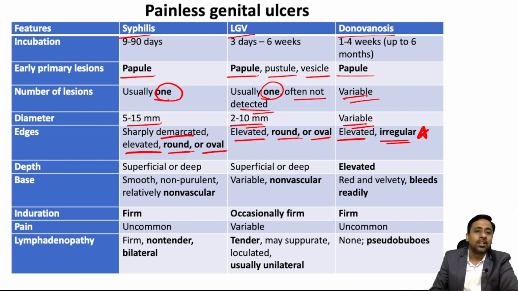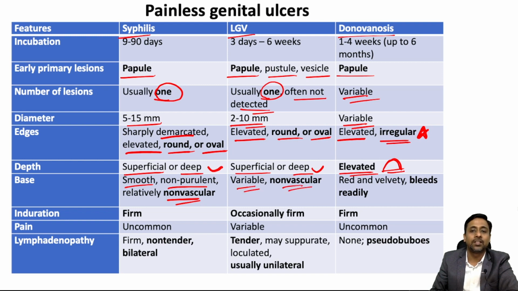Depth, again: syphilis and LGV may be superficial or deep ulcers, but in donovanosis it is elevated, so there is no depth, it is an elevated ulcer. And the base is smooth or non-purulent and relatively non-vascular. In case of syphilis, it is variable, it may be smooth or rough, but it is again non-vascular. But donovanosis is similar to chancroid, in that it will bleed readily on touch and it looks red